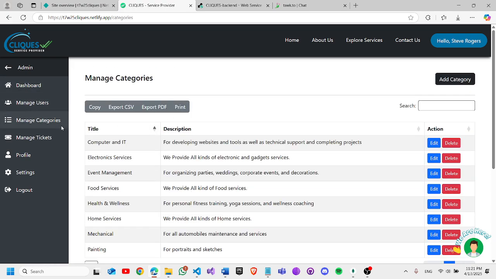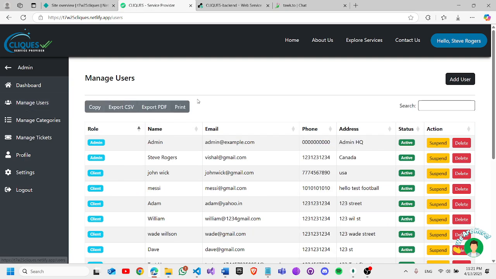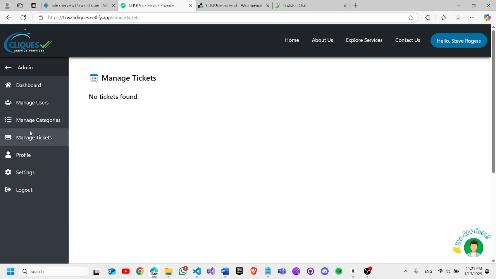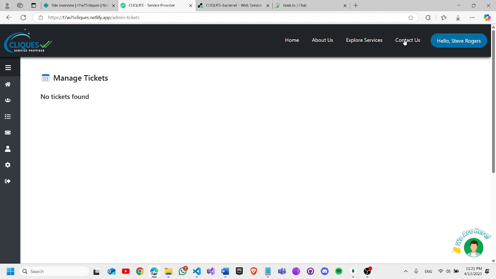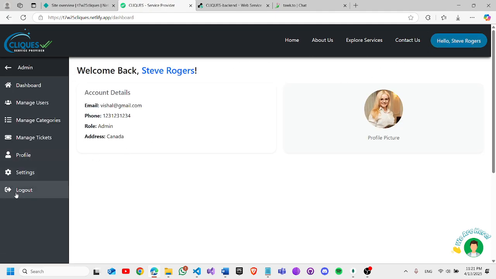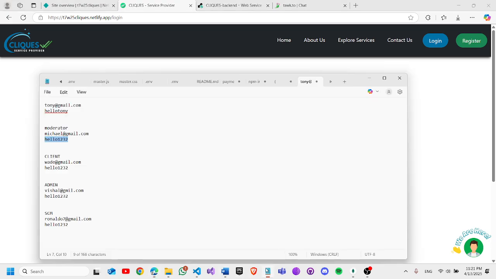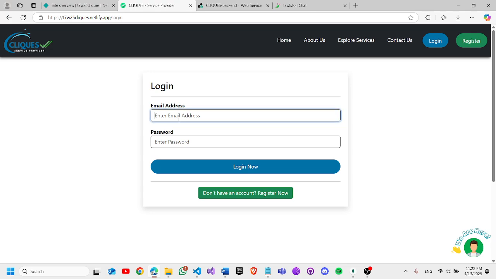Deleting the accounts of the users that exist on this platform is one of the main features as well. And also managing the category and managing the tickets. Those are also functions of the admin. Now we can log out from the admin and we can log in to the platform for the role of the service category manager. So the service category manager, let's get the credential of the service category manager and put them here,